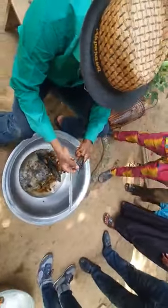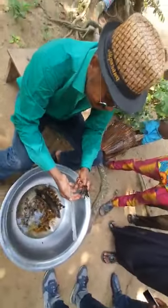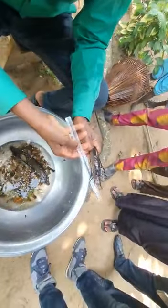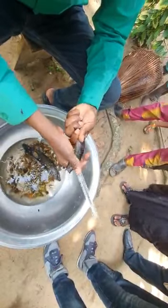Oh, somebody has eaten the tail of this one. Maybe the tortoise tried to catch it. I see. So it has. Can you see the injury? That's almost eaten up the tail. This fish, why we like eating it,